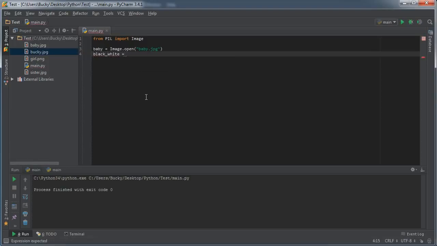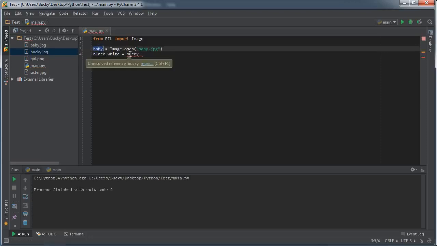Now there are a couple different ways that you can make a black and white image. You can just take your RGB image and remove all the basic saturation from it and end up with a black and white image, but that isn't a true black and white image. That's just an RGB that looks like a black and white one. So if you actually want a true black and white photo, then what you can do is you can take your original photo. Actually, this is called baby,